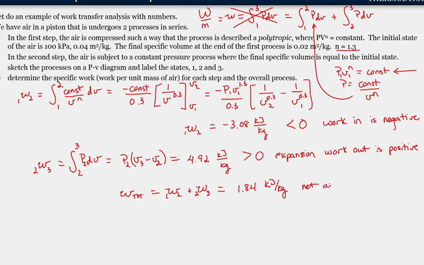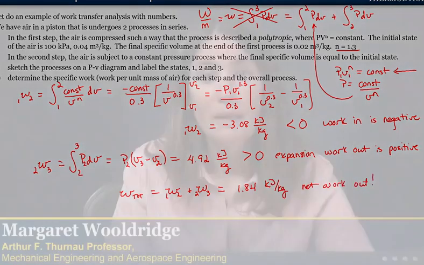So net work out. So we've learned a lot in this process, and some of it's implicit and some of it's explicit. We've used our sign convention. That's great. We've used our definition of expansion and compression work. Okay, so we've seen some actual numbers here. We saw that the system has some intrinsic signs associated with it, whether or not it's work in for a compression step or if it's work out for an expansion step. And we've also seen that you cannot evaluate this system. You can't answer the question, which was the overall work for the process, by just going from state 1